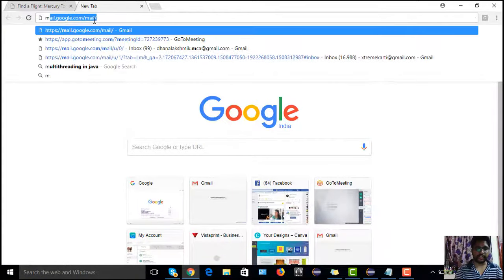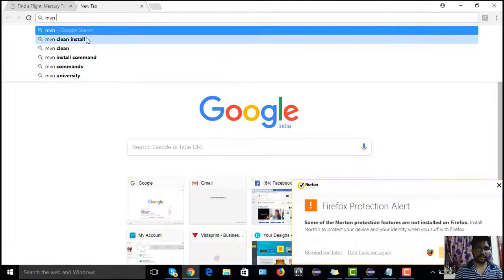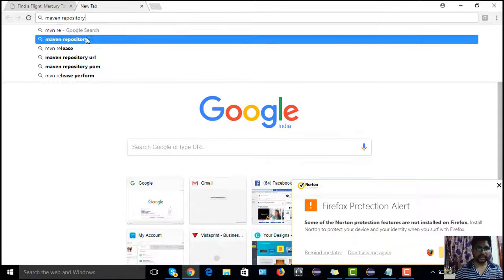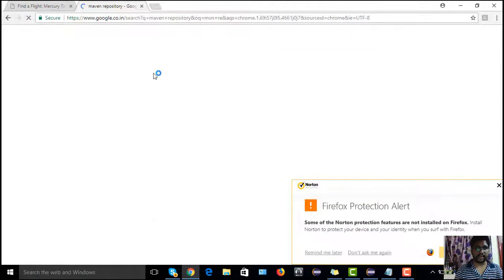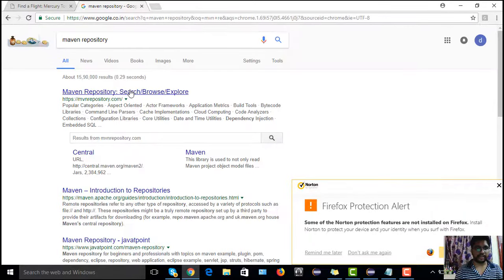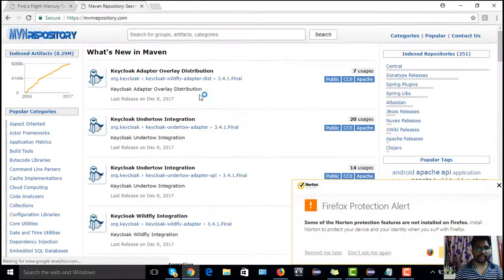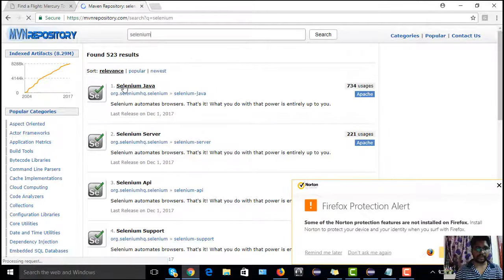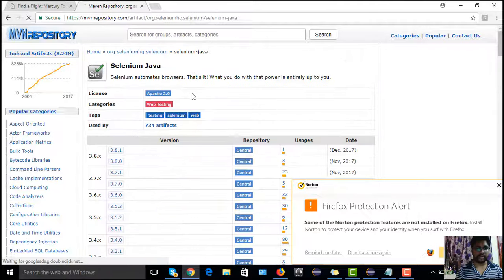So here I will search for Maven repository, and this is the Maven repository website. Here you can go and search for Selenium. This is the first one, and it will show the available versions.